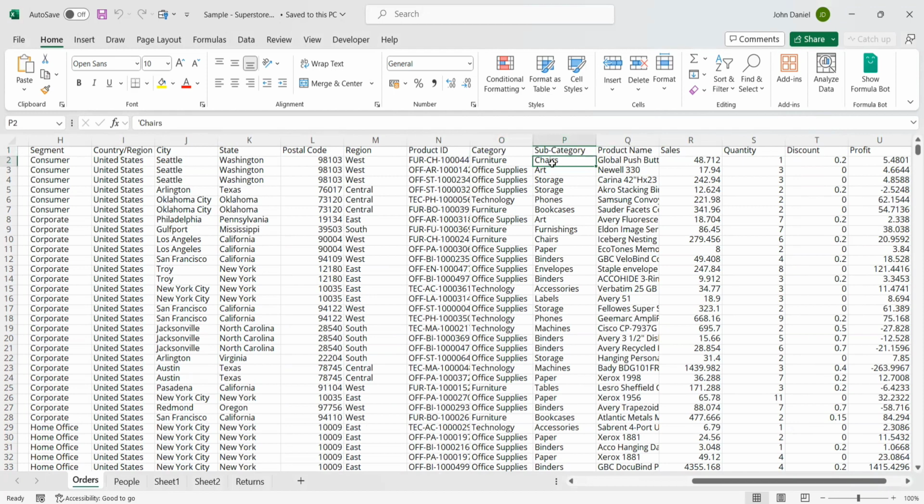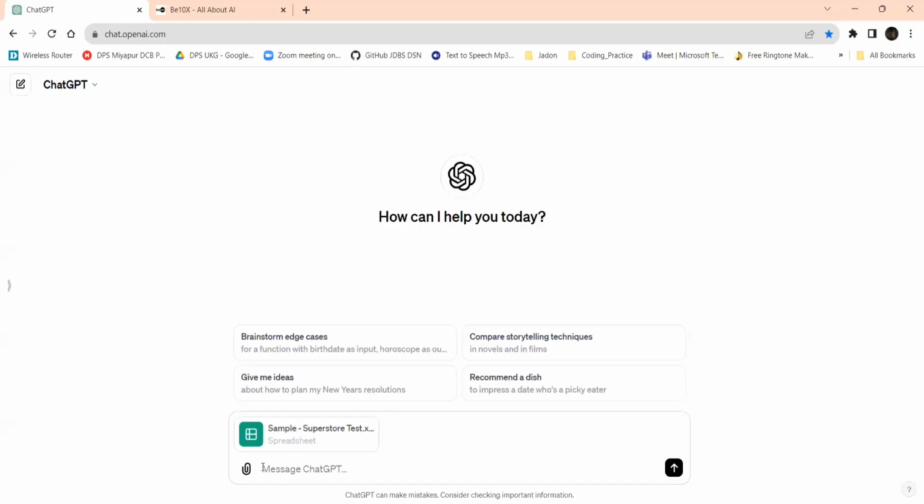Okay, so I want to create a pivot table. Imagine that I don't know how to create a pivot table. With the help of ChatGPT, I'm going to question ChatGPT and it's going to give all the tips and other details. Okay, guys, let's see. I will go to the ChatGPT screen. This is the Excel sheet that I've attached over here. And now I will prompt that based on the above attachment,